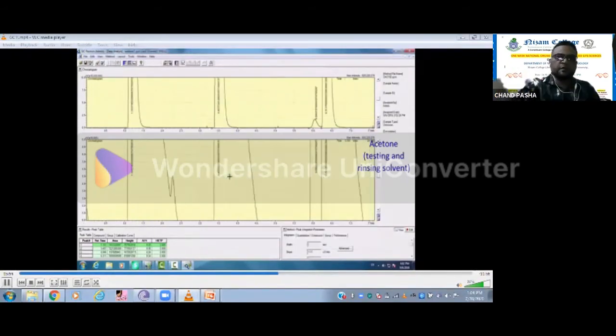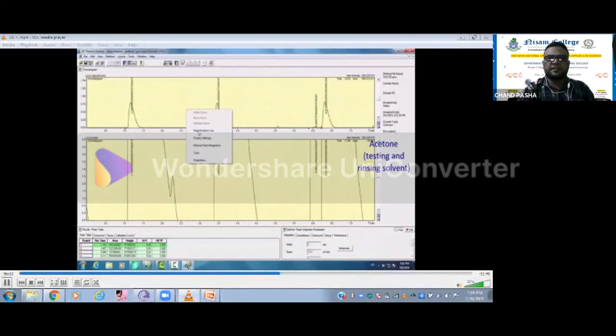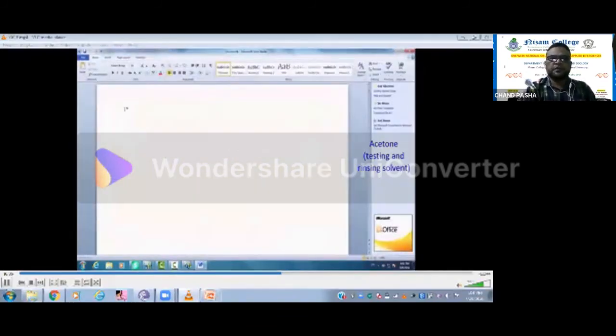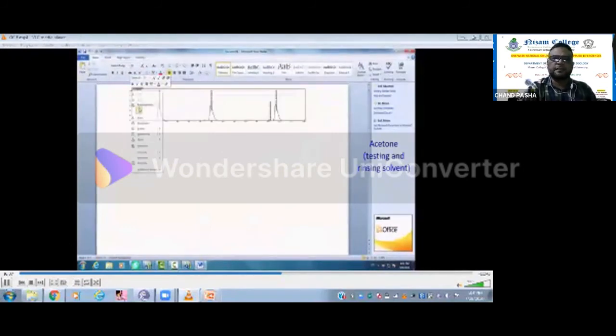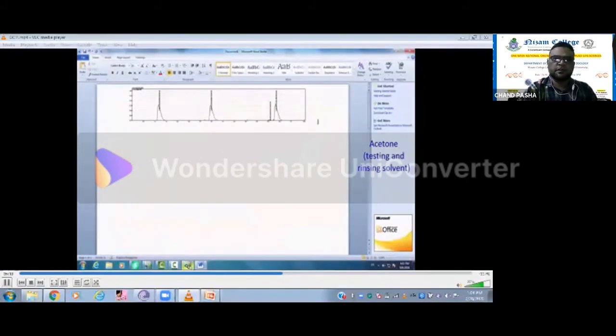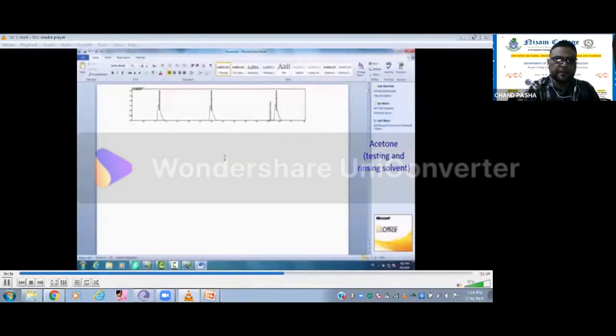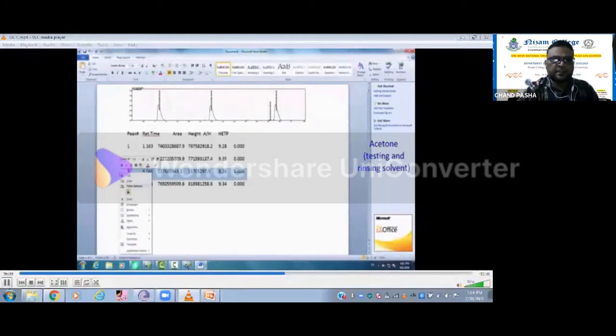This file will be created, and you can either increase or decrease its magnification size, and you can get the peaks as well as tables over here in a Word document. See, the peaks are also there. You can get those things, and after getting them, your desired peaks you need to collect, and the rest of the things you need to eliminate.